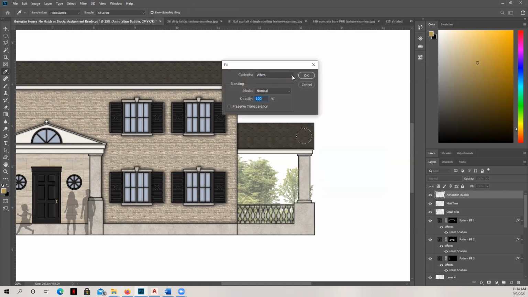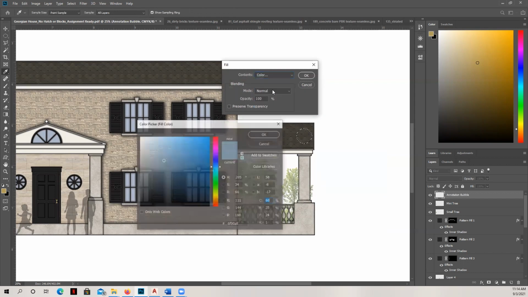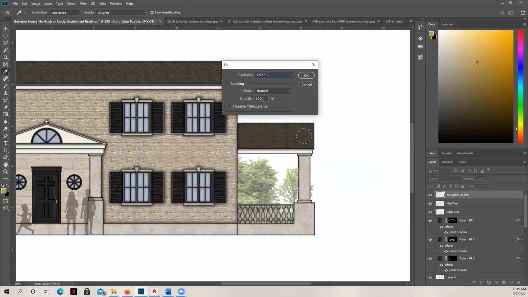Now, this is color jumping. Let me show you. I'm going to grab a color, and instead of doing white, I'm going to grab this cream color. You could even grab this one, something very soft, so that it's pulled from the image. We have to fill it with some color, so we might as well fill it with one that we've already used and we know works. So we're going to hit OK.